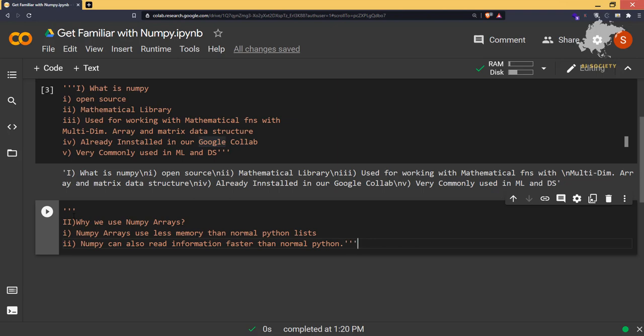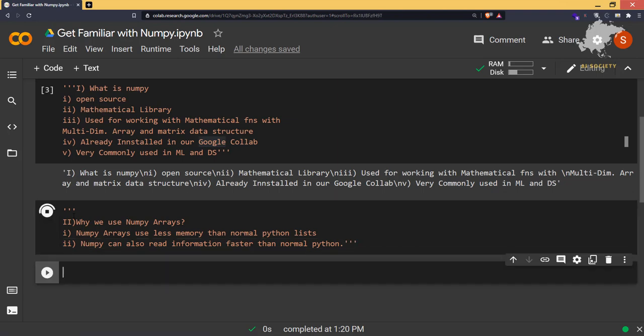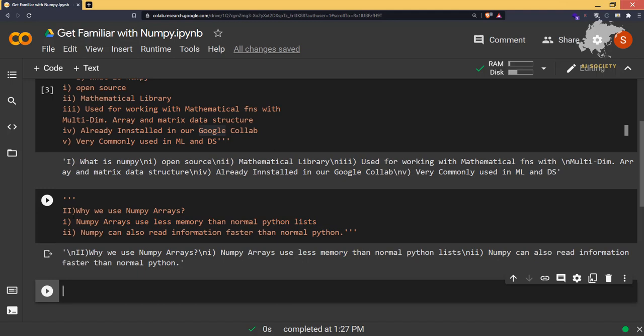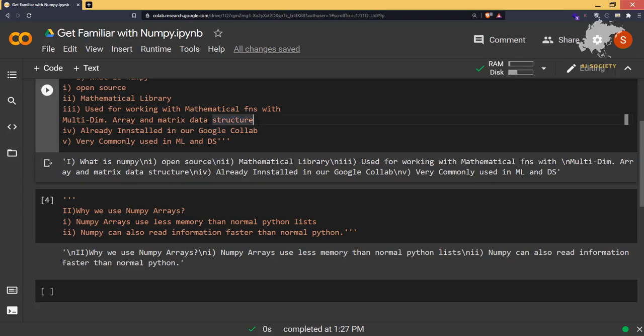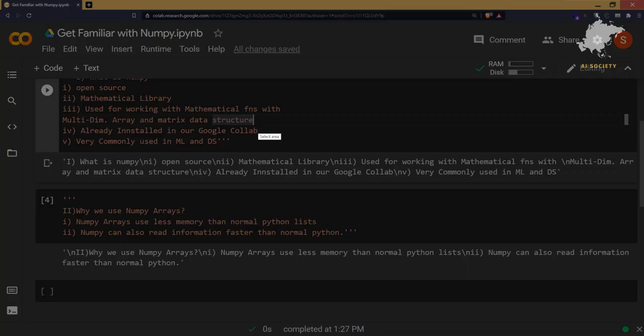Let's talk about how and why NumPy arrays are much more efficient and take less memory than a Python list. Let's explain this using a diagram. Let me open the IDE again. Now I'm going to talk about why NumPy arrays are better than the normal Python list.